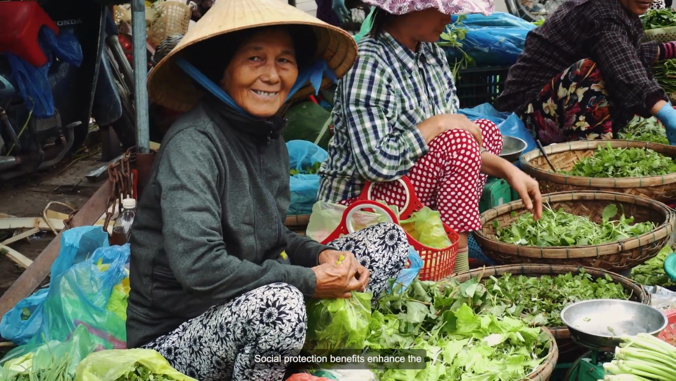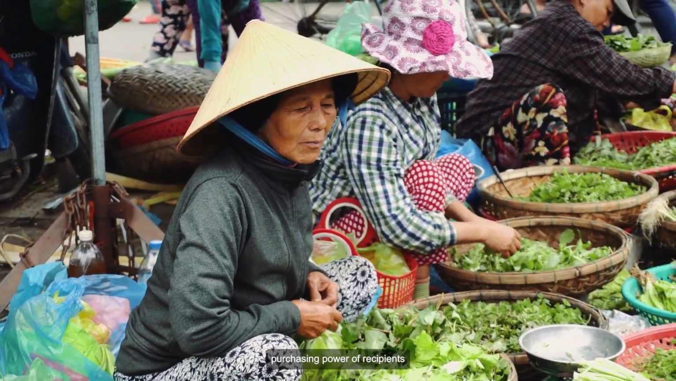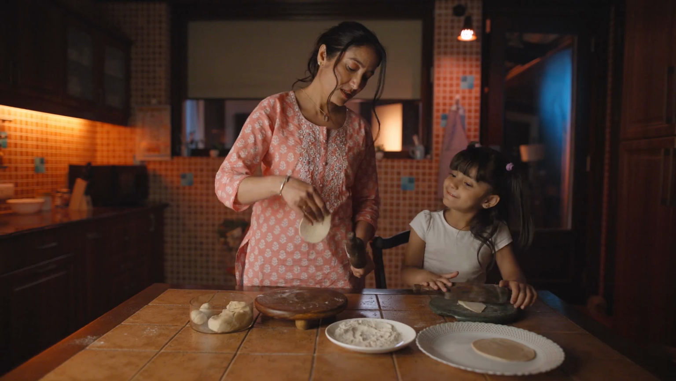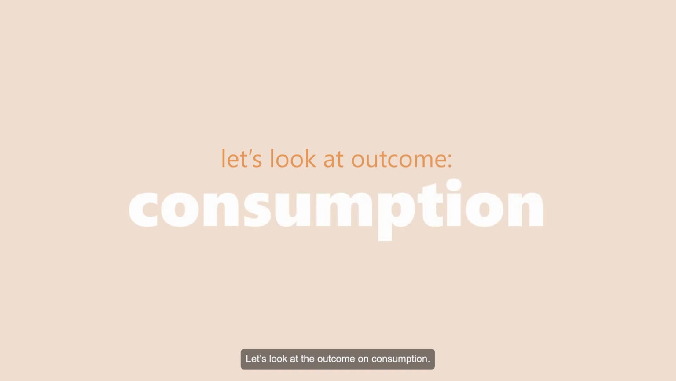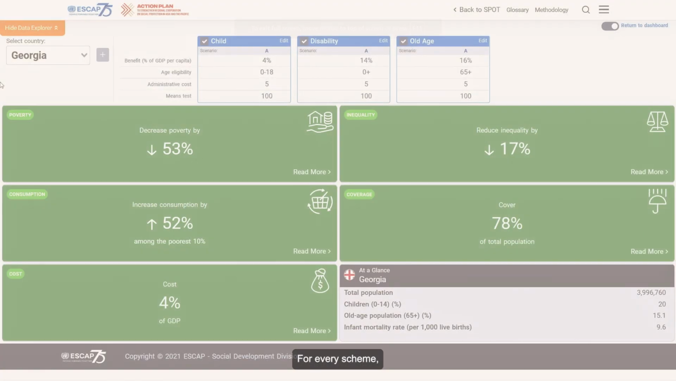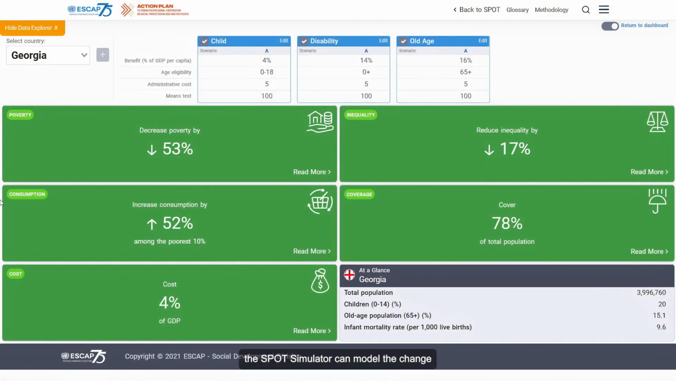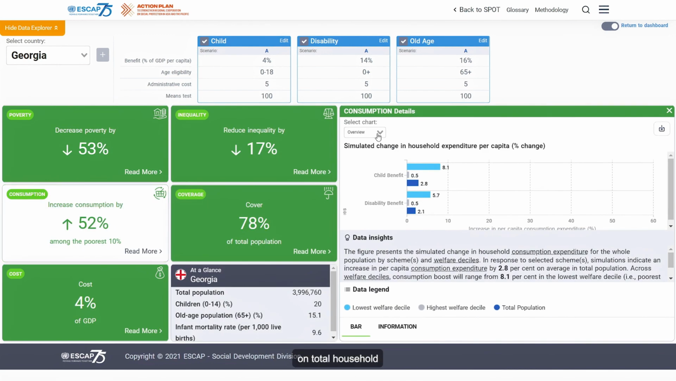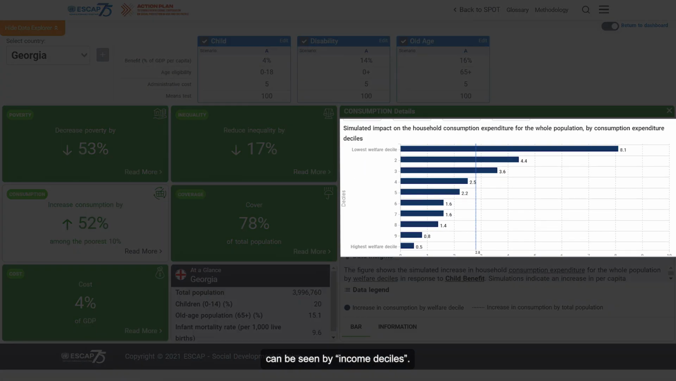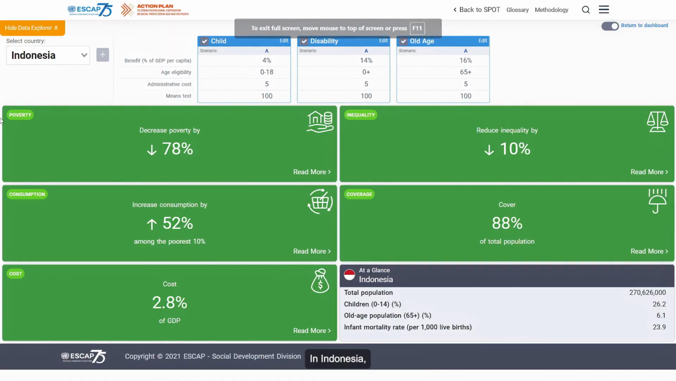Consumption. Social protection benefits enhance the purchasing power of recipients and their households, which increases consumption and boosts local economies. Let's look at the outcome on consumption. For every scheme, the Spot Simulator can model the change in household consumption expenditure, as well as for the whole population. The distribution of this impact on total household consumption expenditure per capita can be seen by income deciles. In Indonesia,